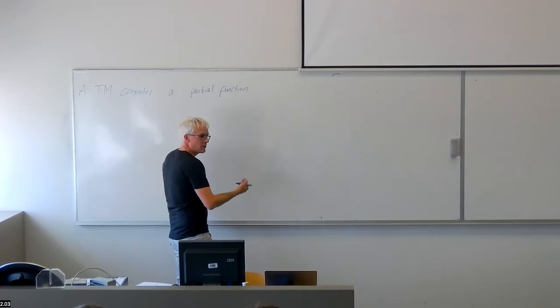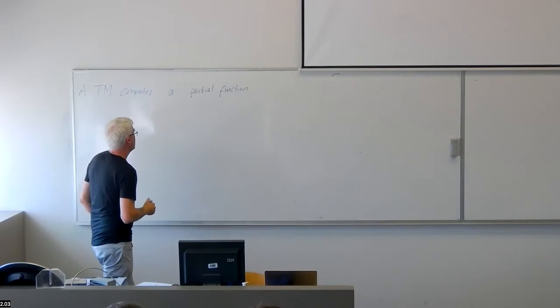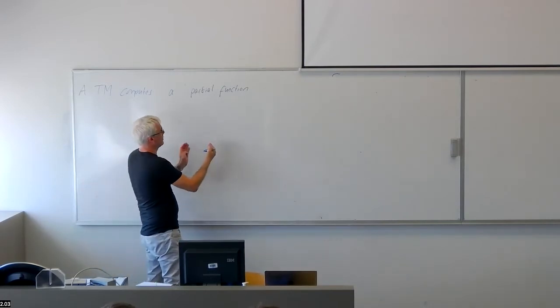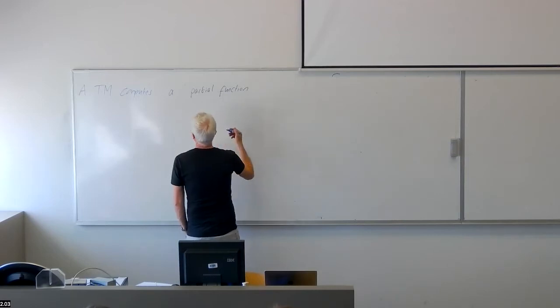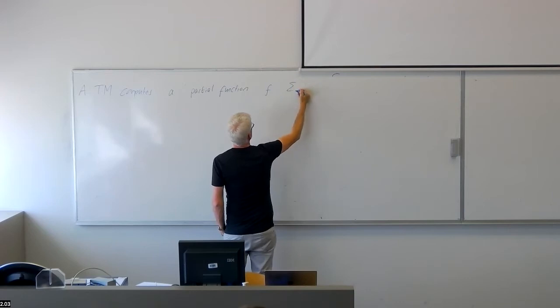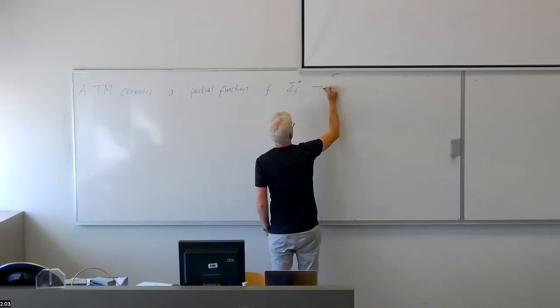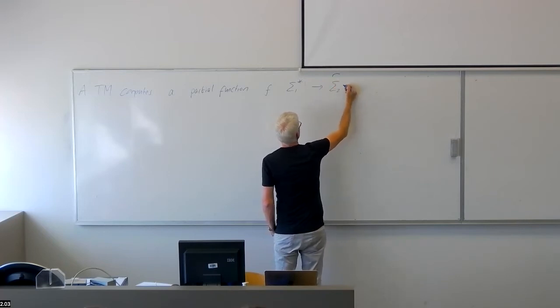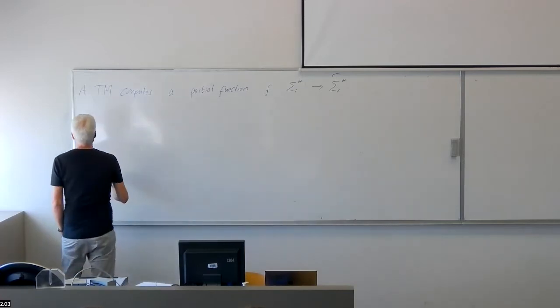So a Turing machine might also terminate in different erroneous states, say, and then on that input word we also don't get an output. So we're computing functions from input words to output words, but they're not always defined. And the TM computes a partial function f from words over one alphabet sigma 1 to words over some other alphabet sigma 2, if,